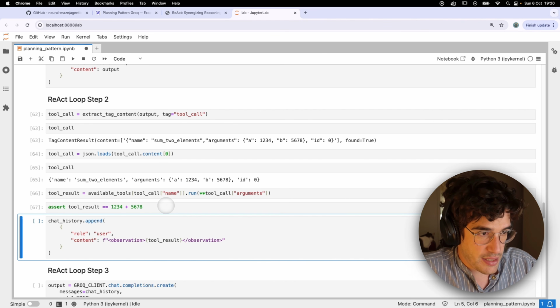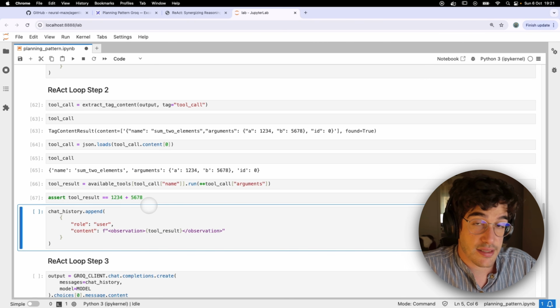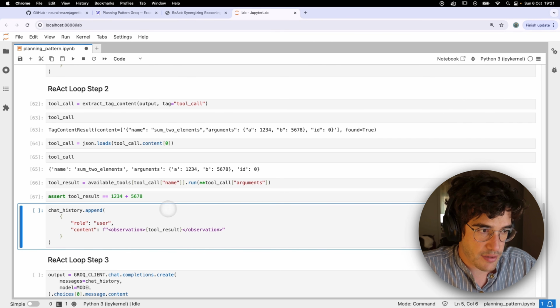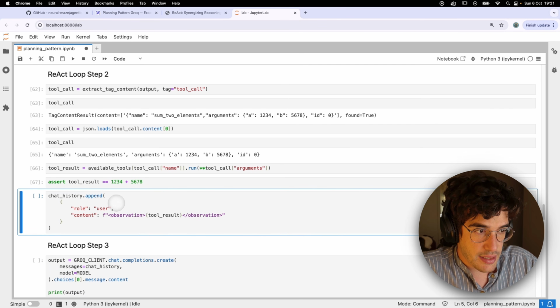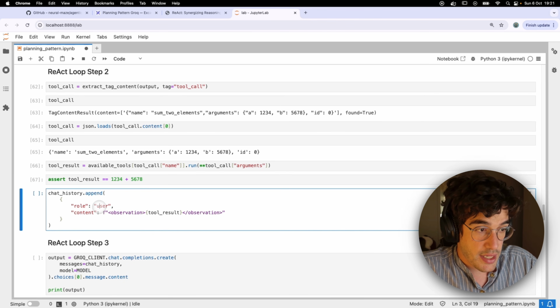This assertion basically computes that, and since we are not getting any assertion error, it means that everything is working fine. And now let's add this content into the chat history. In this case, the role type is user, and remember that we need to use the observation XML tag to